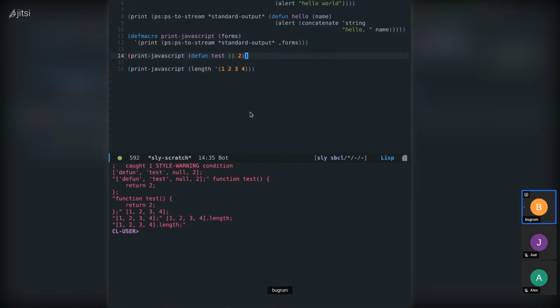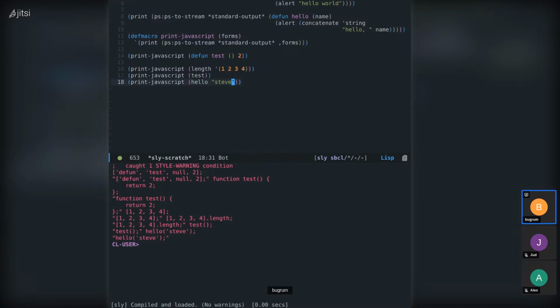Obviously, once you've defined a function, you may want to call it. So say that we have this function here, we have our test function, and we want to call it. Calling this, you'll see that we'll convert it into an appropriate test. And this is for both calling functions with parameters and functions without parameters. Notice another thing